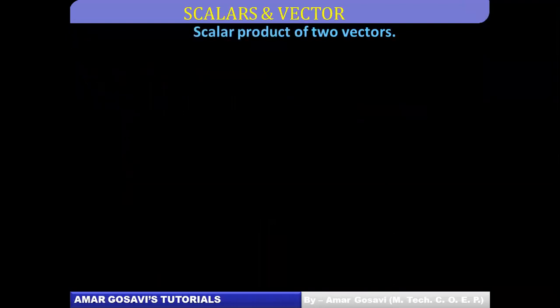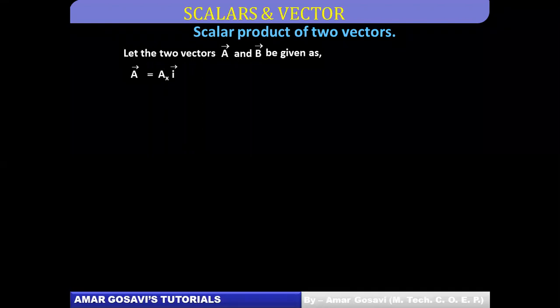So let's actually take a scalar product of two vectors now. The time has come to actually take a scalar product. For that we would be needing two vectors, say A bar and B bar. A bar in three dimensions, as I have just told you how to represent it: Ax I cap plus Ay j cap plus Az k cap, where I, j and k cap are the unit vectors along the x, y and z axis. This is how a vector is represented in three dimensions.